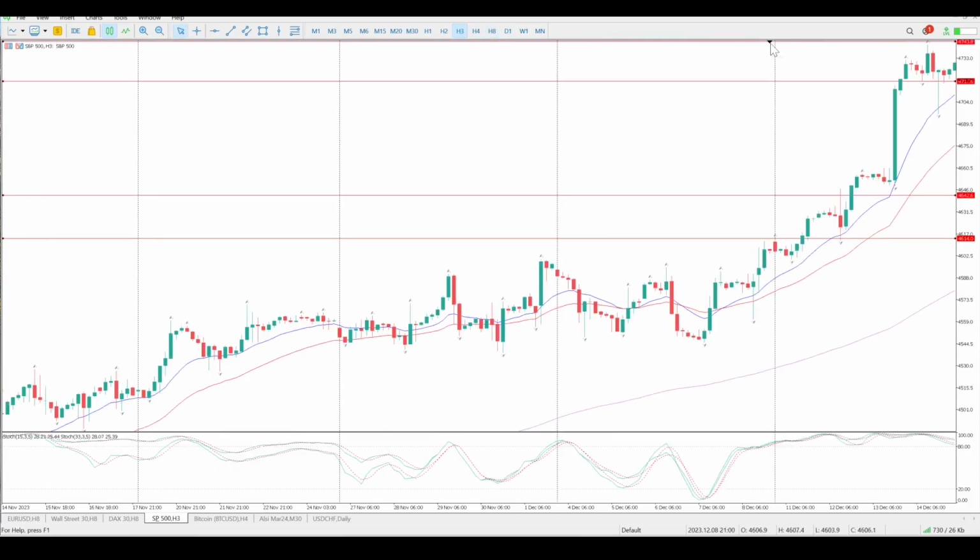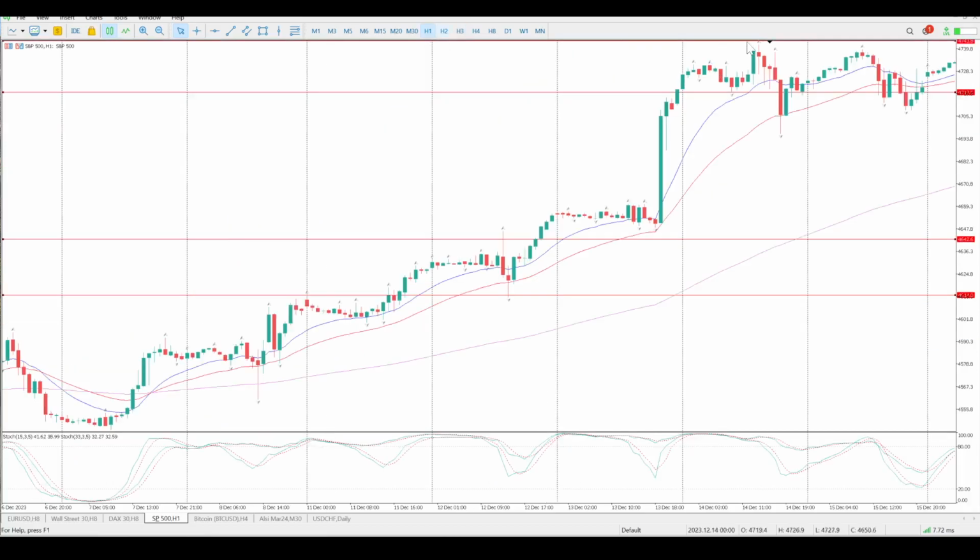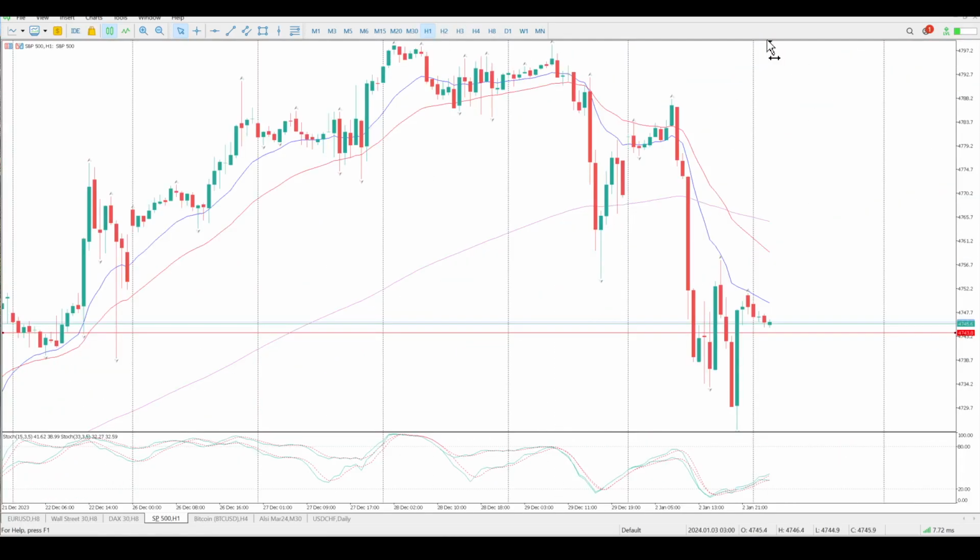So when you start getting confusion like that, you need to be very careful about what you're going to be doing, because it is basically extremely volatile, and nobody really knows what the next move is going to be. And remember, we do have some data this week, and we've got non-farm payrolls at the end of the week on Friday. So you're going to need to keep your wits about you.